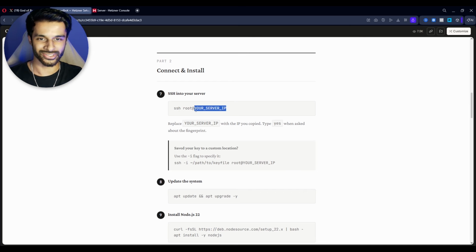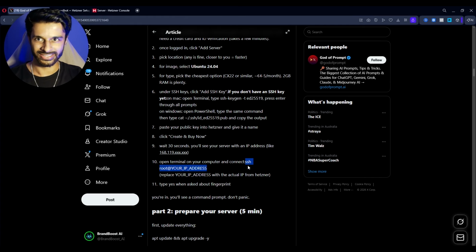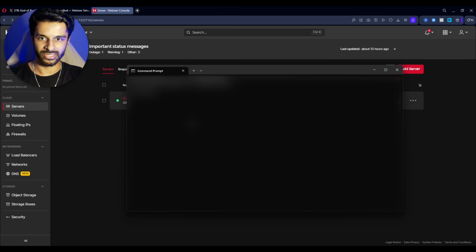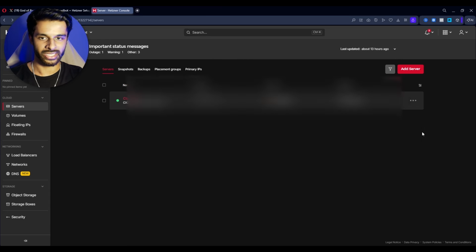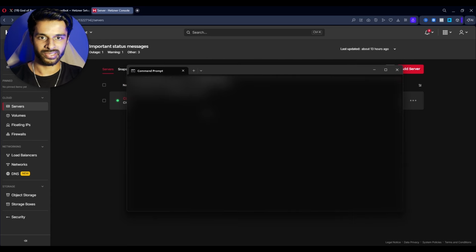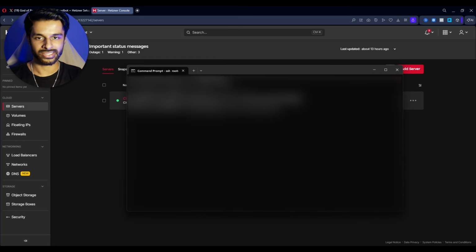Obviously you want to replace your server IP with, could you guess it, your server IP, and then you can see in the other guide it's the exact same thing. So we're going to open up CMD, we're going to paste that, but instead of your server IP, we're going to replace it with our IP. Just delete this. We're going to paste this, but once we paste this, it's going to ask us something about